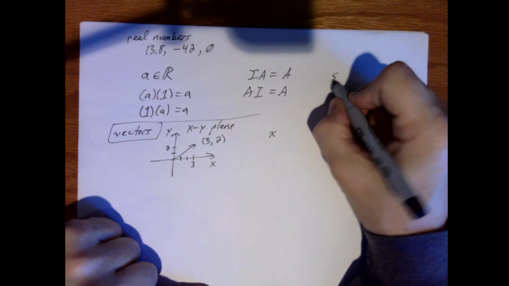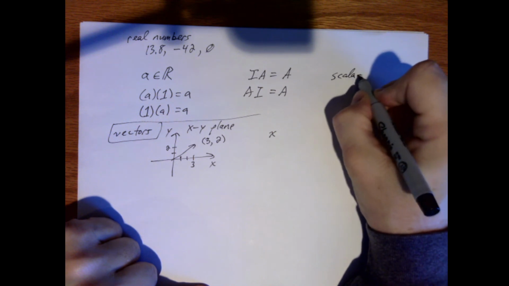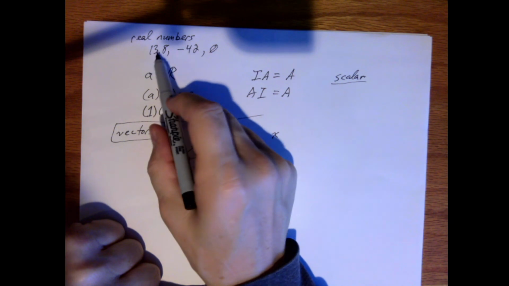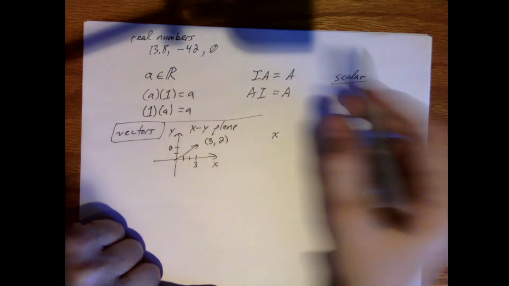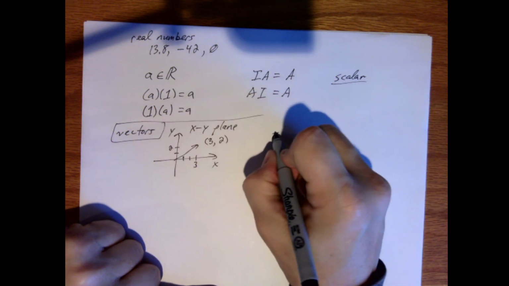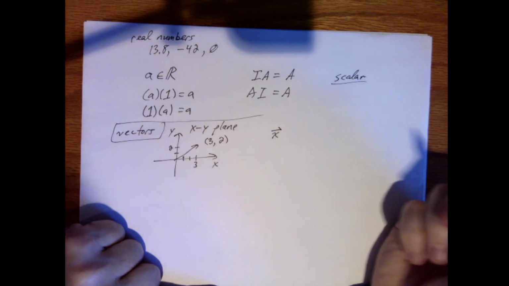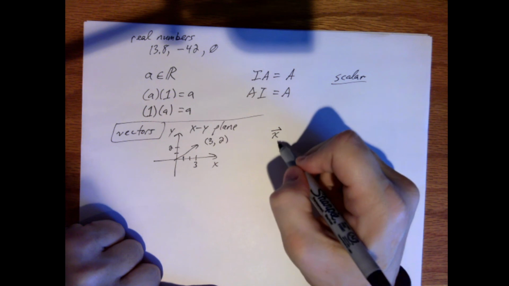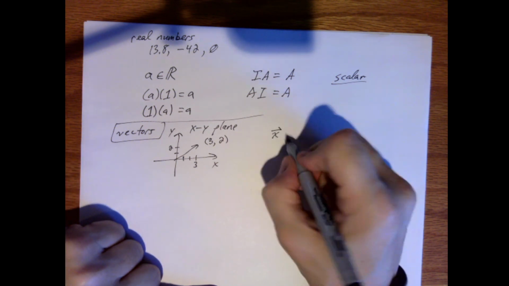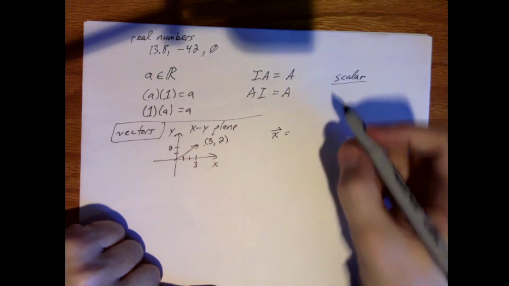So a scalar is basically some number, 13.8, minus 42, 0. Complex numbers, but still a number. But a vector, I'm going to write like this. I'm going to put a little arrow above it. In a textbook, typically what they'll do is make it bold-faced, but I can't really do that, so I use the little arrow. And so to represent this vector right here,